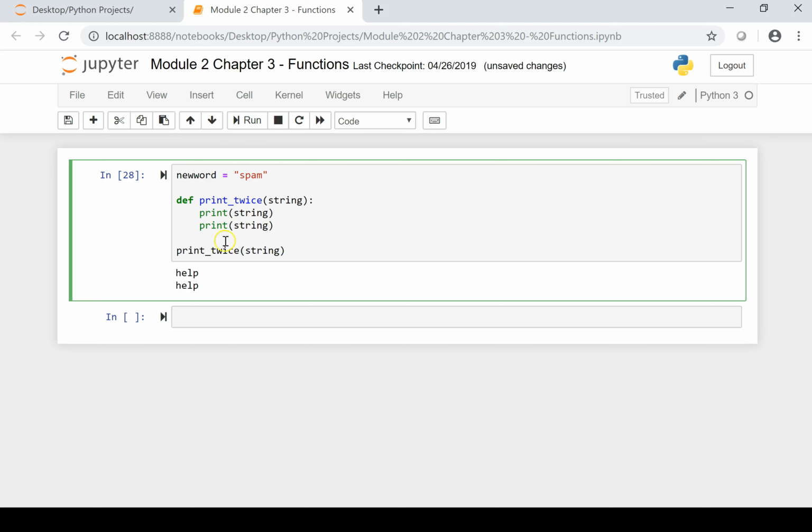Okay, and we could say do_twice print_twice new_word. So do_twice